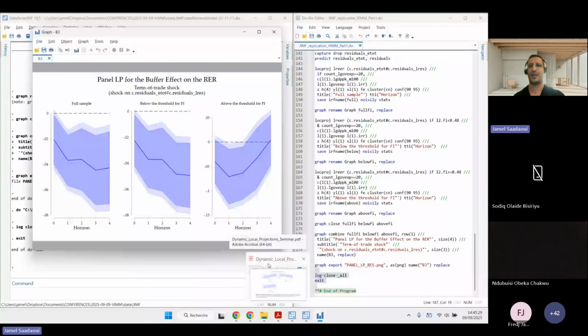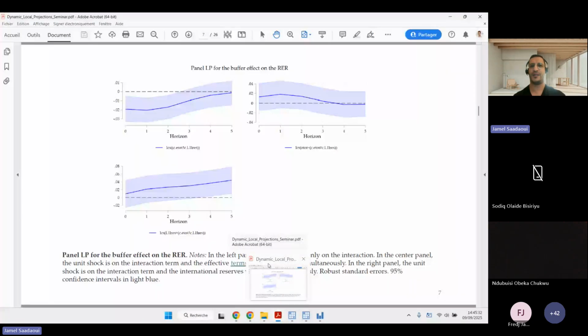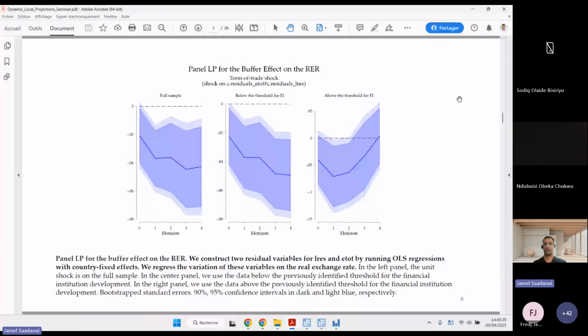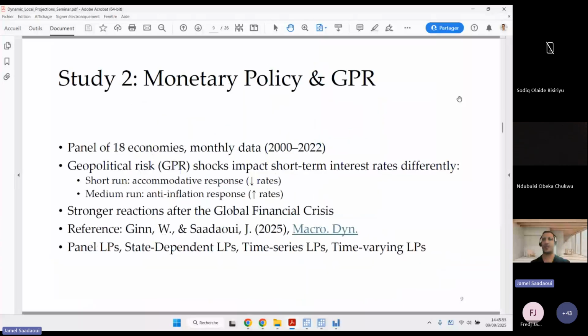I have to go back to my slides. So basically it's just what we did here. So I hope it was clear, but you can do it very easily and in a transparent way. So don't forget to add the noisily and stat option to see in each step what has been done, to detect if there are problems in your setup. So second, we are perfectly on time because we have the